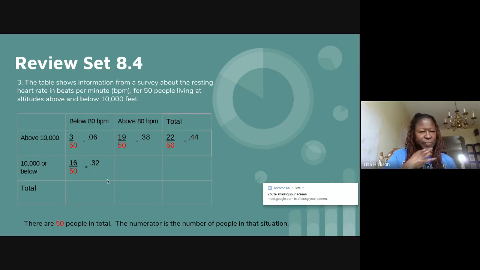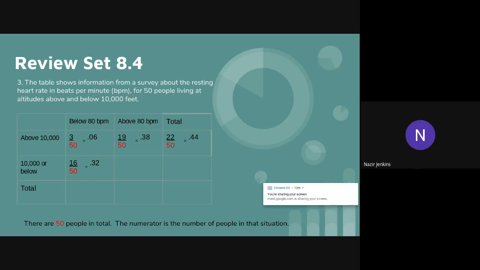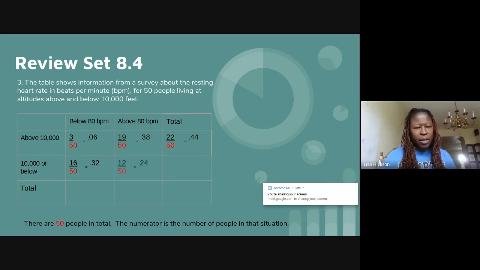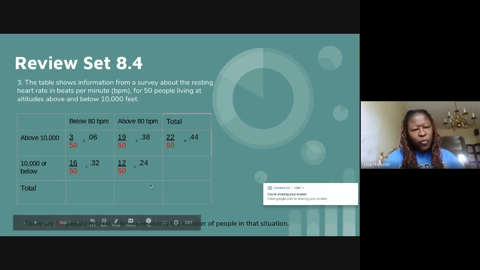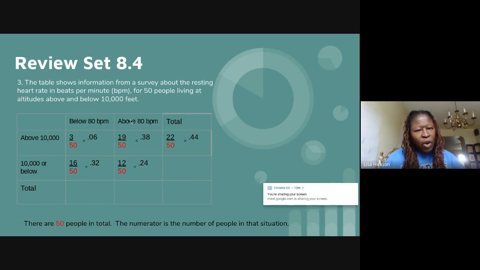All right, so the next one, same way. Somebody tell me, what's the probability look like? 12 out of 50. Yep. 12 out of 50, that's about 24%. So again, 24% of the people surveyed have a heart rate above 80 beats per minute, and they live at 10,000 feet